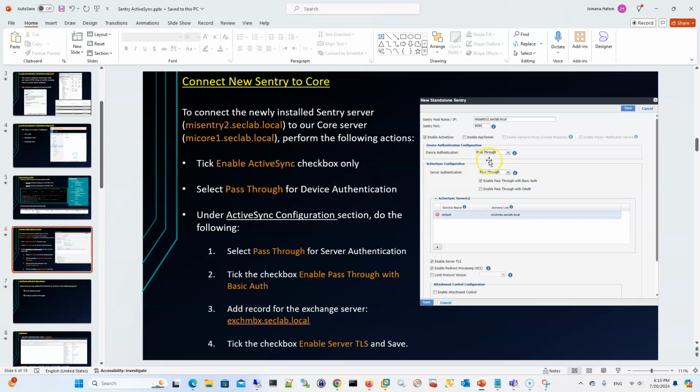We will select the device authentication as pass-through, and then the ActiveSync configuration itself. Again, we will set the server authentication to pass-through. The first one is the device itself. When the device authenticates to the Sentry, it has to provide its username and password. And this will be inherited from the password of the client connecting to the Sentry, because for